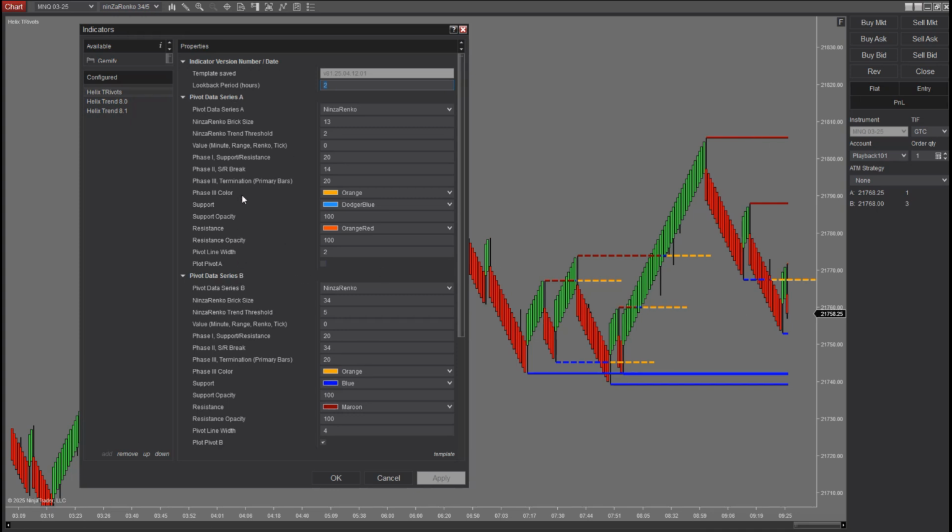So the two data series, A and B, are basically identical. You could pick the type of chart that you want. I used the 13.2 and the 34.5. I'm just going to plot one for right now. What it does is you put in your time frame. If you were going to put in a minute, then you would use this one here. I used the Ninja Renko. The support and resistance line is the